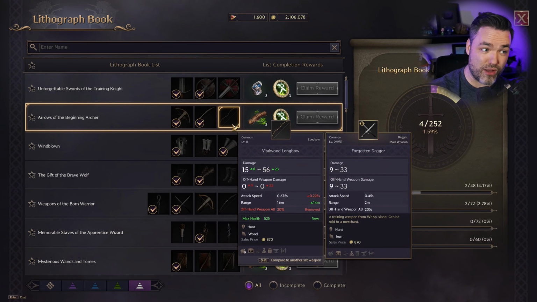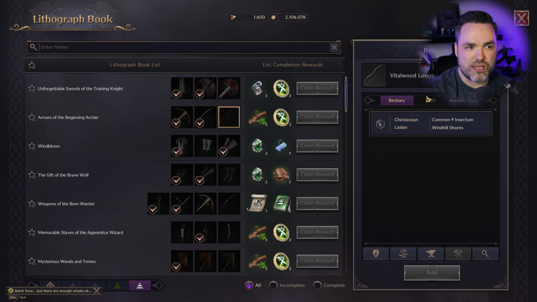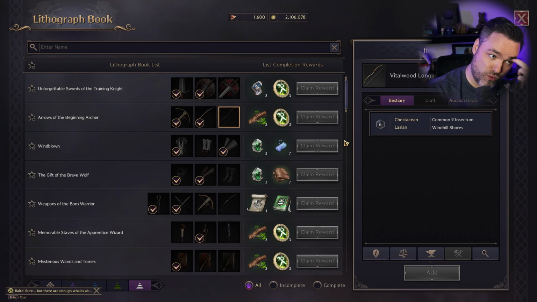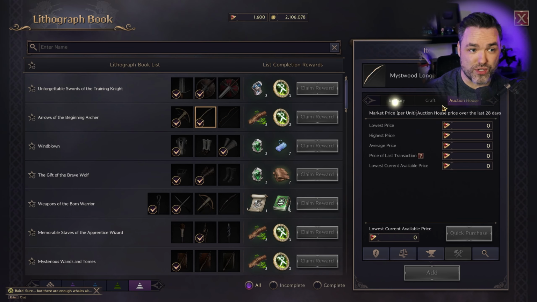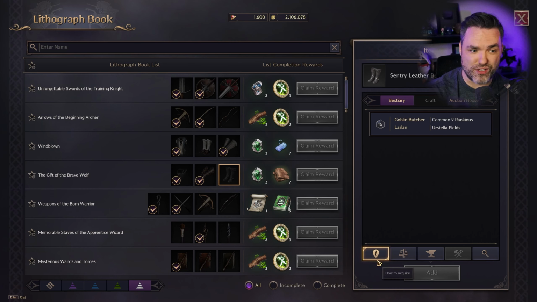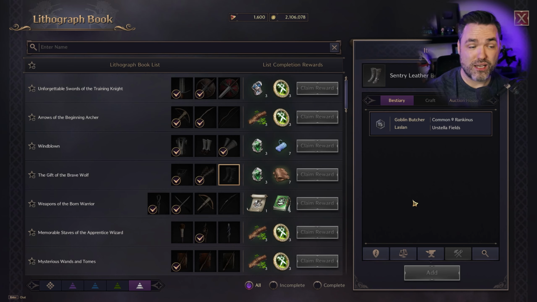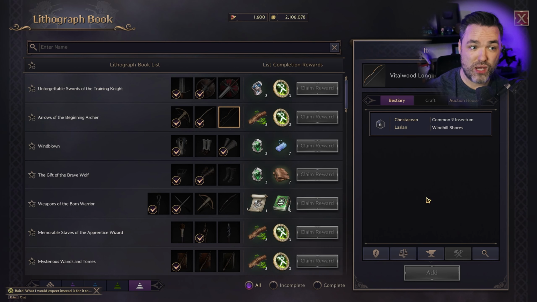But what's great about this too is not only can you just buy these from vendors, so you see that you can go and buy these from vendors if you walk along. Some of these, if you click on them, you'll see that they come from random mobs or vendors. You'll see which vendor they come from as you go through. And a lot of these will actually just come from monsters in the world, which tells you where